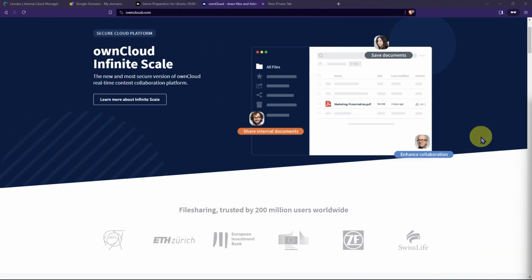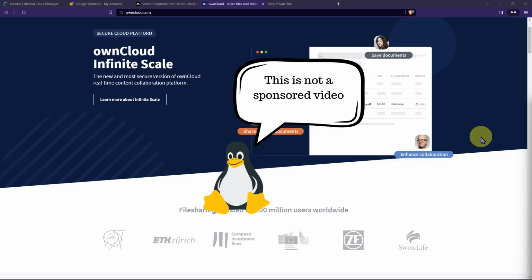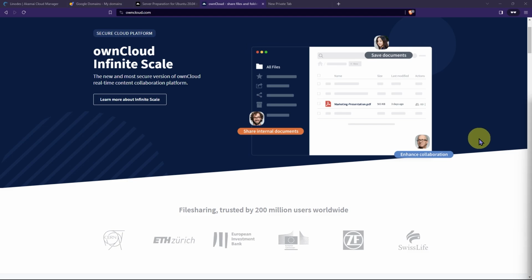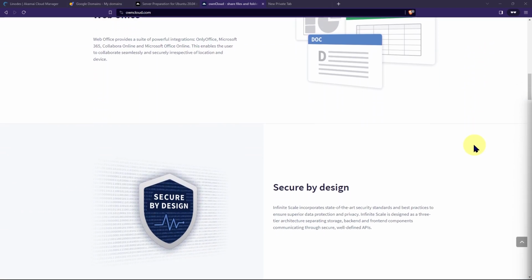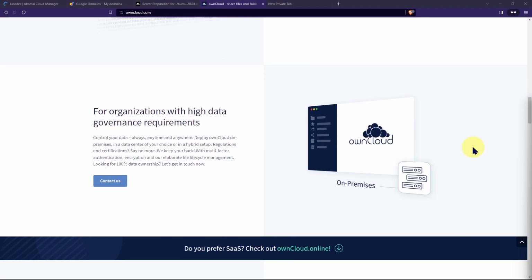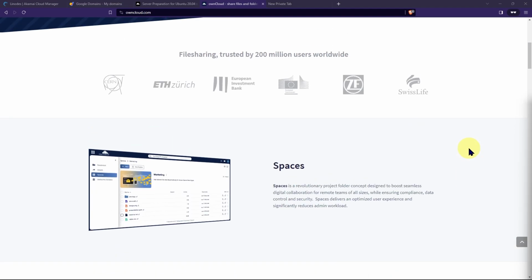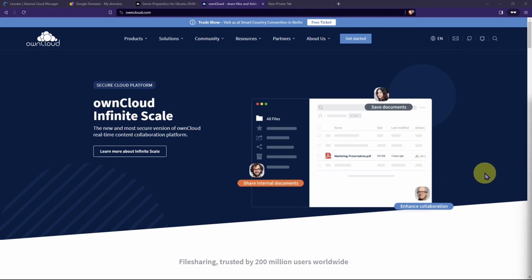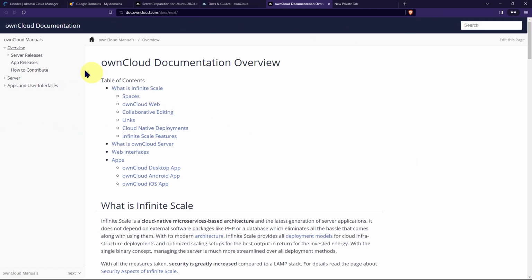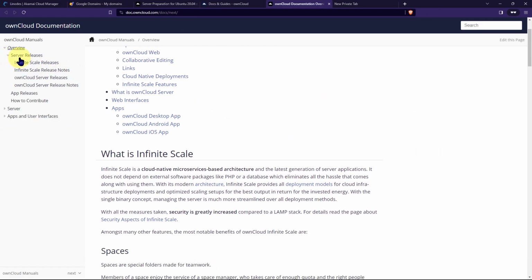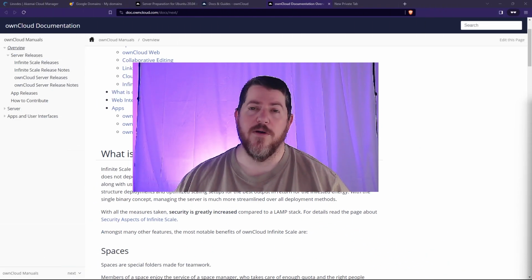Now, OwnCloud is a file sharing cloud-based program that's built on top of Linux, and it's very versatile. You can have granular control over who you give access to and how much space they have and how they can access the documents, and you can make it even more secure by self-hosting it on your own server, whether it be a cloud server or an on-premise server. And they have a ton of documents and guides to help you through any type of unique server situation that you may have. But for our example today, we're going to do it on top of a cloud-based server